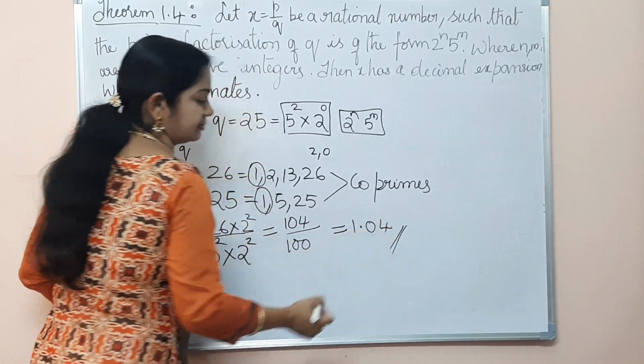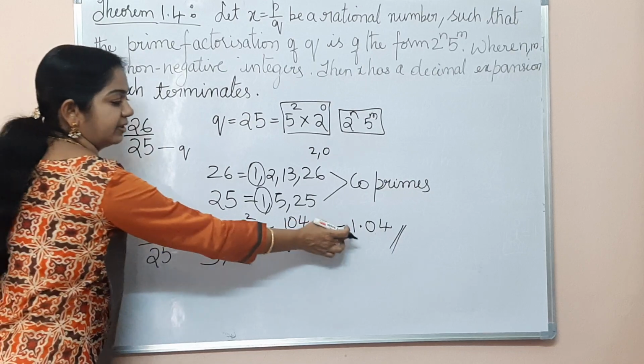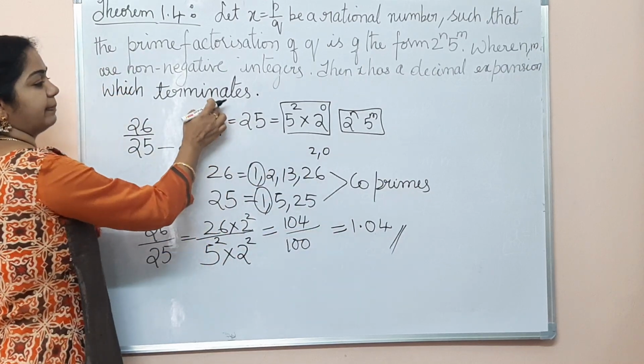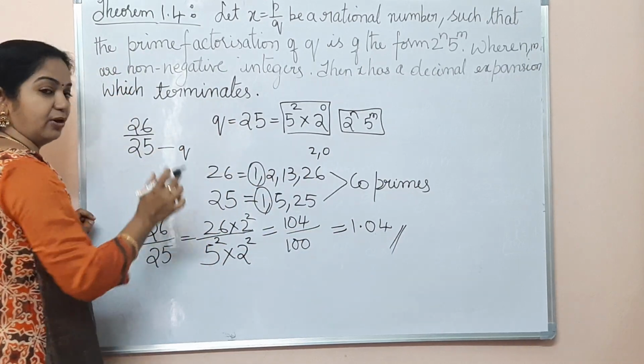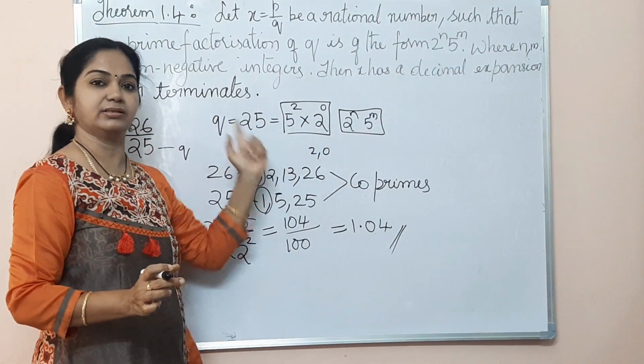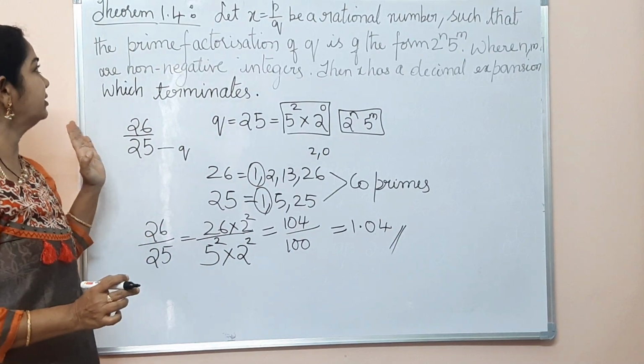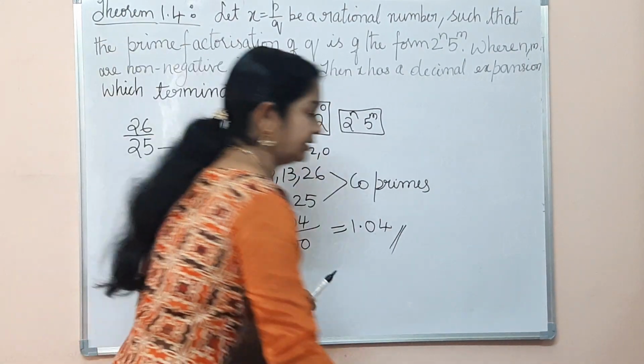So this decimal part is being terminated. If we check also, we got the same thing. So this theorem applies. Only we have to check the denominator, which should be in this form so that the decimal will terminate. So this is one theorem, 1.4. Let's look at the other theorem,